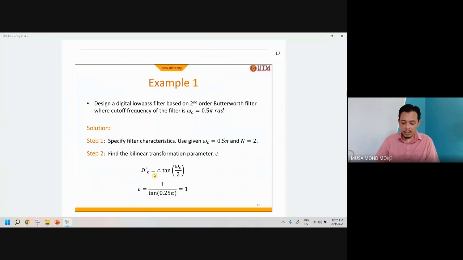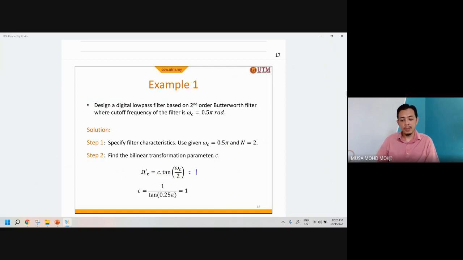Okay, and so this is actually I'm writing that relationship. So capital omega prime c, which is the cutoff frequency, equals c multiplied by tangent of omega c divided by 2. This is the discrete filter cutoff frequency, omega c equals 0.5 pi. Okay, then from here, we know that this is actually equals to